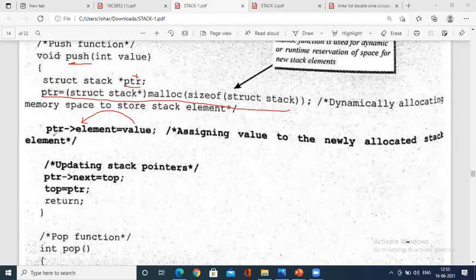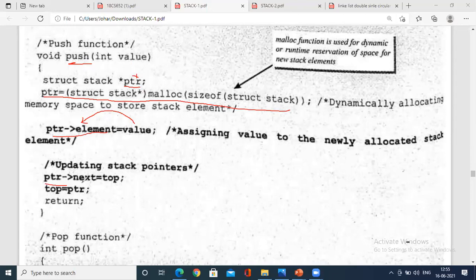So now we play with this ptr of element, ptr of next. I could have written top of element, top of next here, but it creates an ambiguity. If I write top of element or top of next, it creates a redundancy with respect to the naming conventions. So what is better is to always use a star ptr. See, star ptr is initialized here: struct stack, and instead of star top you have star ptr. So star top elements are copied to star ptr. What does star ptr consist of now? The elements of star top. Star top consists of two elements, one is the element, one is the next.